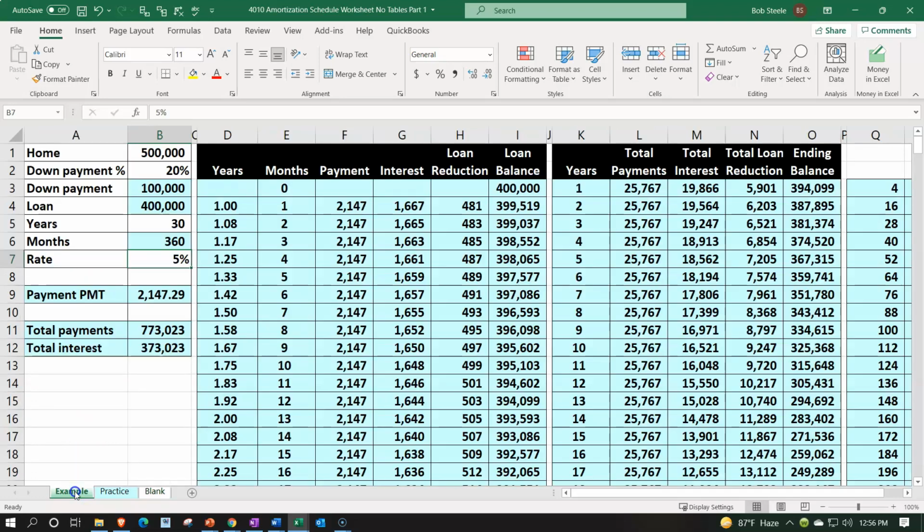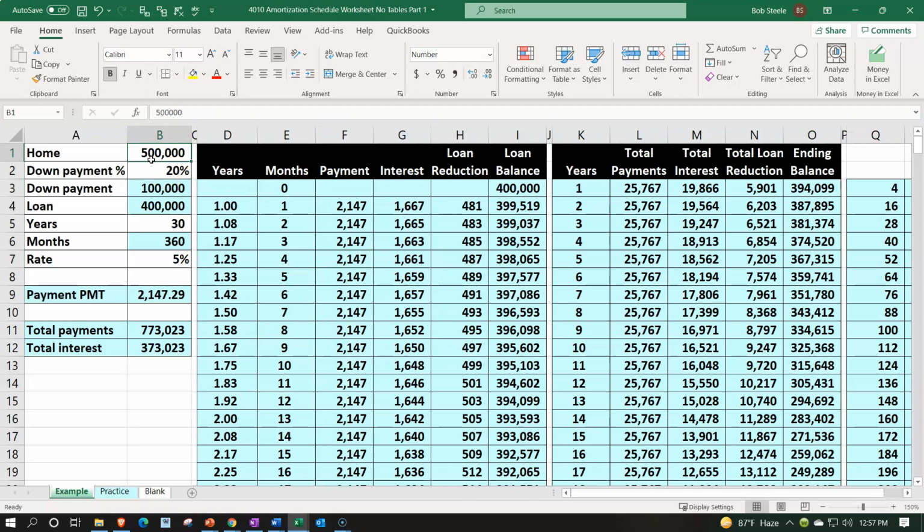First, let's take a look at the example tab. This is going to be the end result that we're going to be looking for. The typical way you want to set up these Excel worksheets is often to have a set component, such as the left-hand side here, which will have our data set. And that's going to be useful for us to draw from, so that we can then build our tables on the right-hand side using the information on the left in such a way that we can then change the data on the left-hand side and have it populate and change the amortization tables and our tables on the